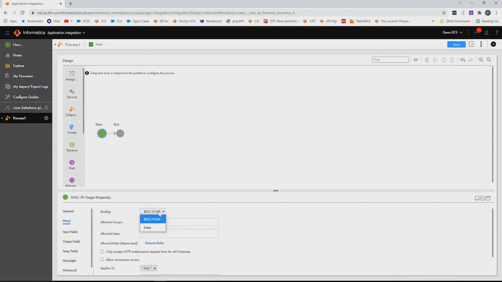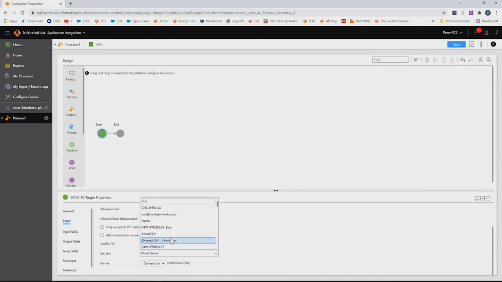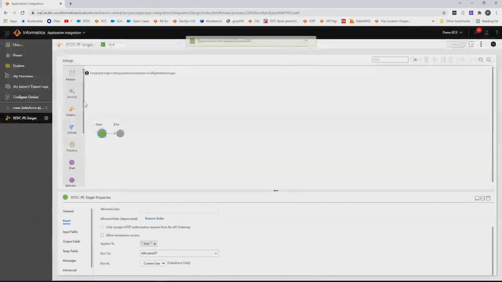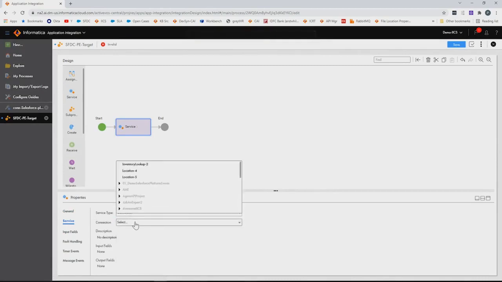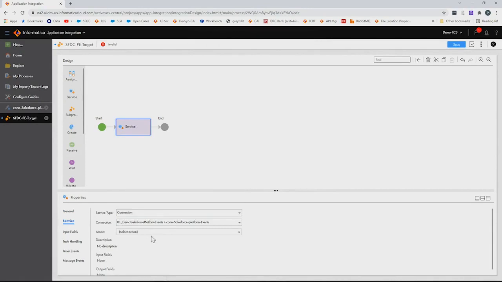And here you will select it as Restore SOAP. Make sure to select the same agent where your connection is deployed. Now select a service step and select the appropriate connection, which in our case is Con Salesforce platform event, and select the